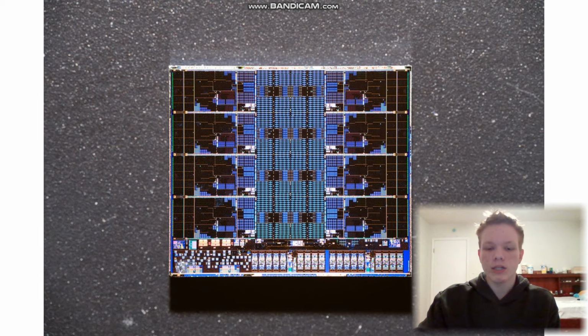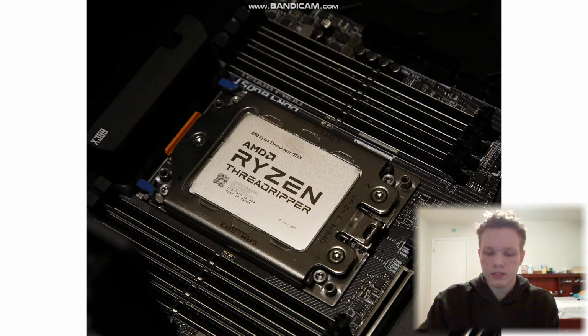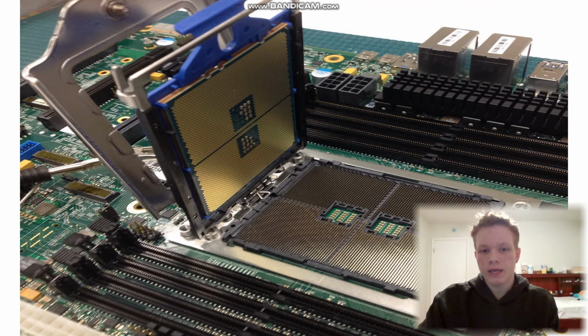They also have a workstation line of computer chips, which are AMD Threadripper, and they're used with larger sockets, as you can see here by the size of it, and they also have to be screwed down. And the most popular socket, and the newest, is called the STR5, and it has an LGA, as you can see here, land grid array, and it supports the Zen 4 based Ryzen Threadripper 7000 series, with the best one in that series being the Ryzen Threadripper Pro